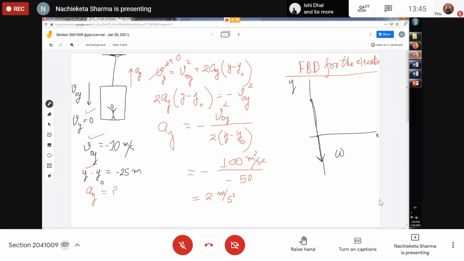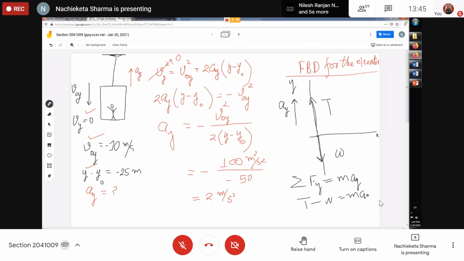This will be bigger, because ultimately the direction of the acceleration is the direction of the force. Because your acceleration is directed upward, the net force must be directed upward. And what is the net force? If you apply Newton's second law, Fy is not equal to 0, then it must be equal to may. So Fy is equal to may. The left hand side is T minus W. So T minus W is equal to may, isn't it?